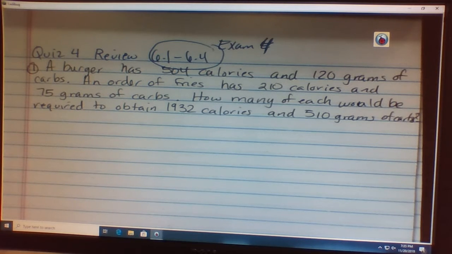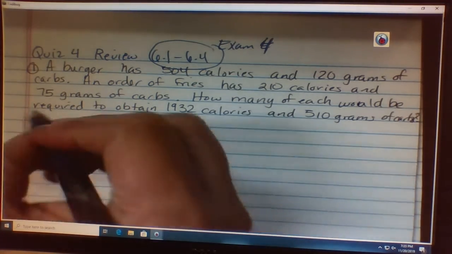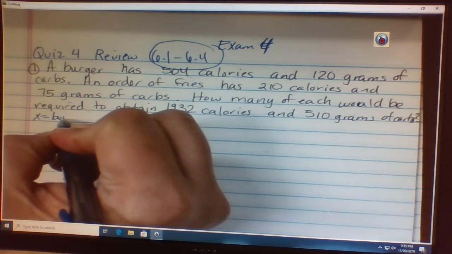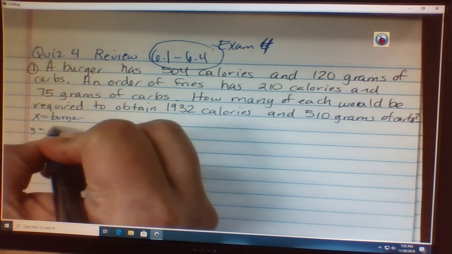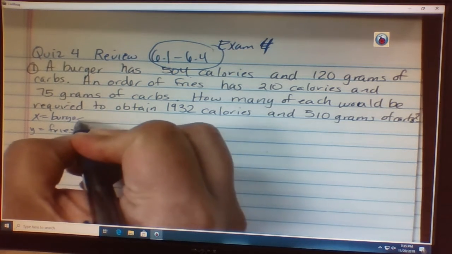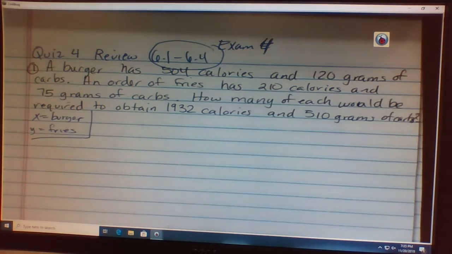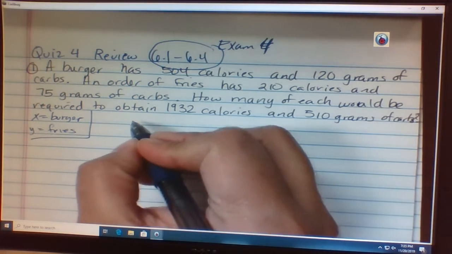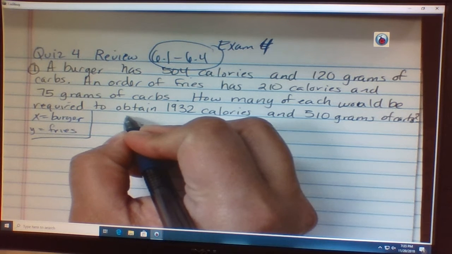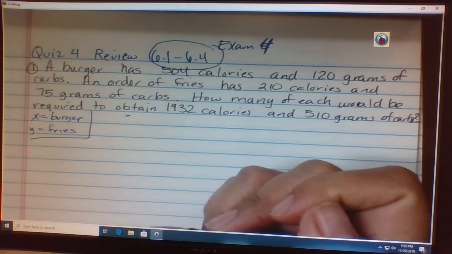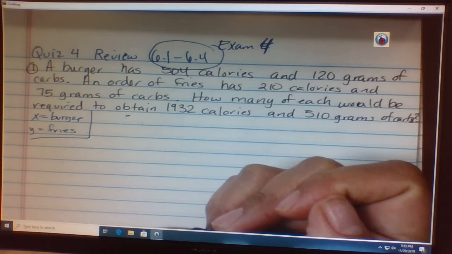First, you got to put what's your X and then what's your Y. Who's your X and who's your Y? So burger is X and fries is Y. Okay, so good. We know X is burgers and Y is fries. Perfect. So keeping that in mind, 504 calories, 210 calories added together. But you're trying to find out what X and Y are, so it's not X plus Y, but it's